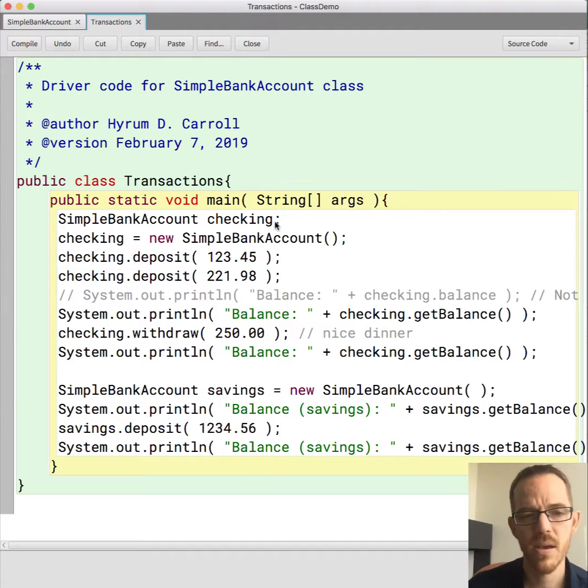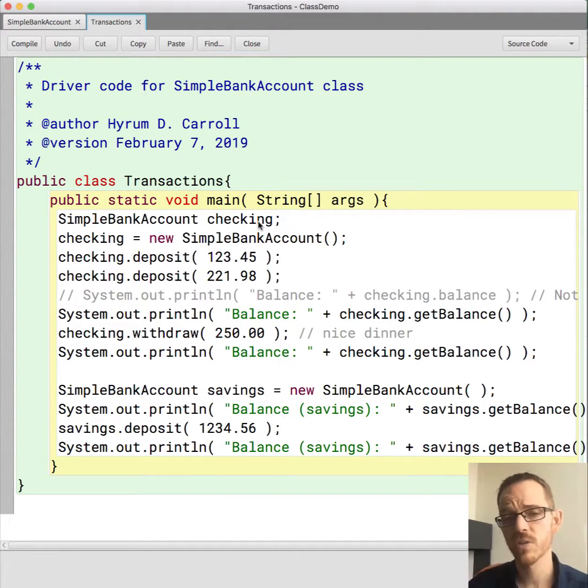When we had declared checking, we couldn't call checking.deposit because it wasn't referencing any object. At that point, the value in the variable checking is null.